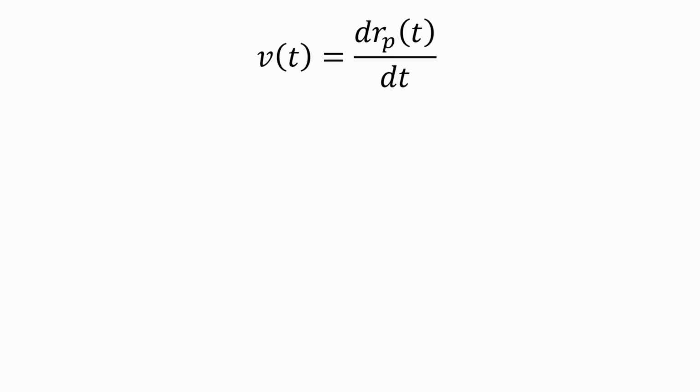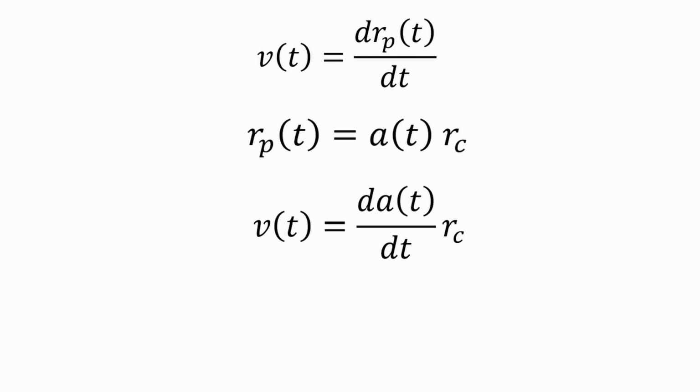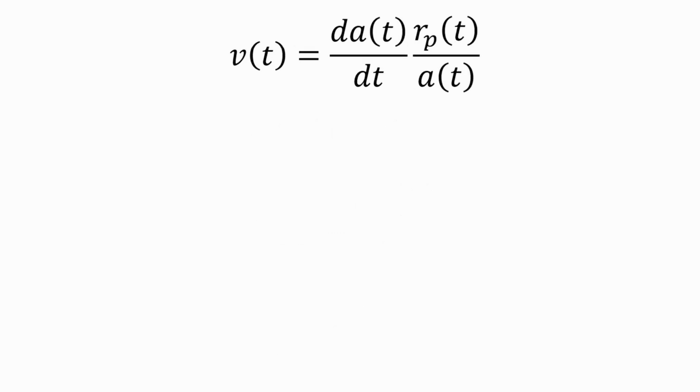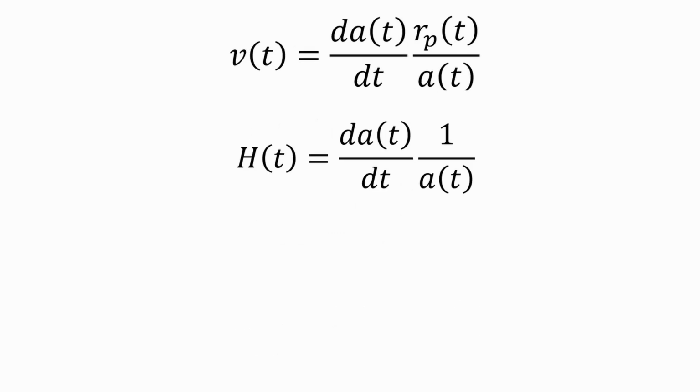The recession velocity is the rate of change of the proper distance with time, or in terms of the scale factor and comoving distance, which can be rewritten as, defining h as, we can write the recession velocity equation as. The recession velocity can also be written as a function of the parameter h, the scale factor a, and the comoving distance as